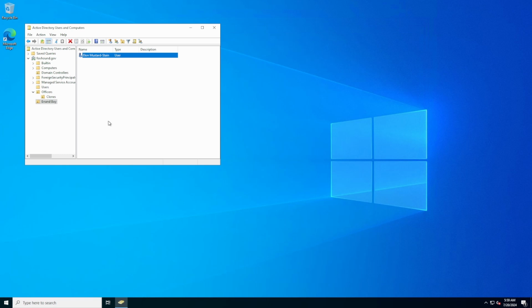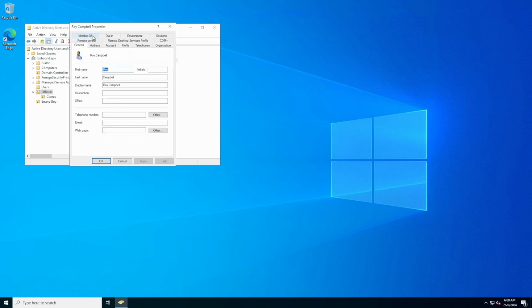Cool. Now, let's say we wanted Roy Campbell, the officer in here, to be able to add and delete other clones. And let's say that he fires the errand boy and needs to get somebody else, okay? We want Roy Campbell to be able to add and delete other users and be able to provision access as needed. So we're going to go into Roy Campbell here, right click, properties,